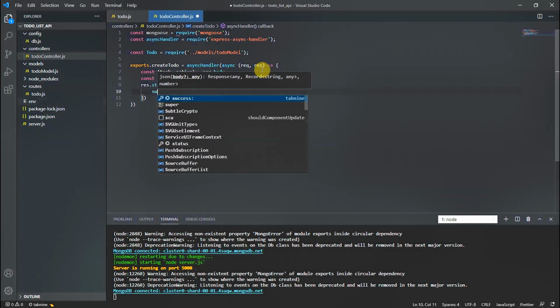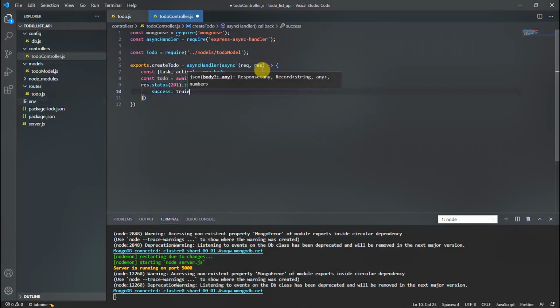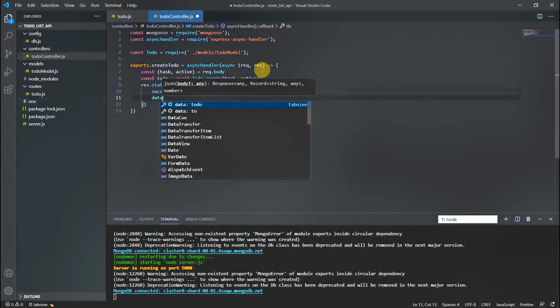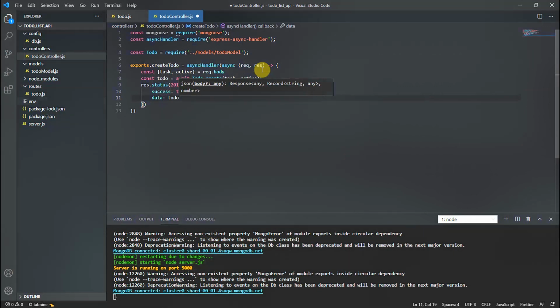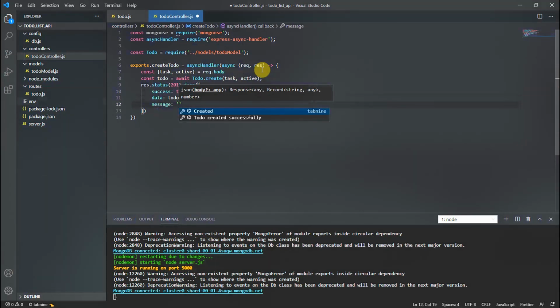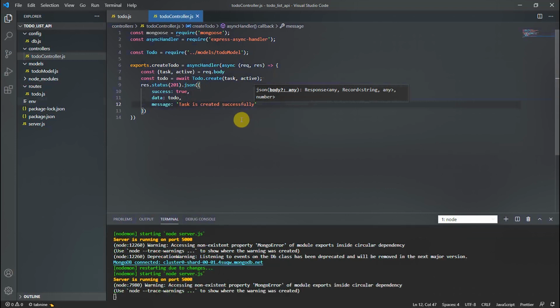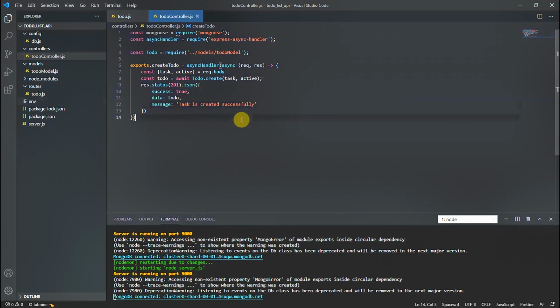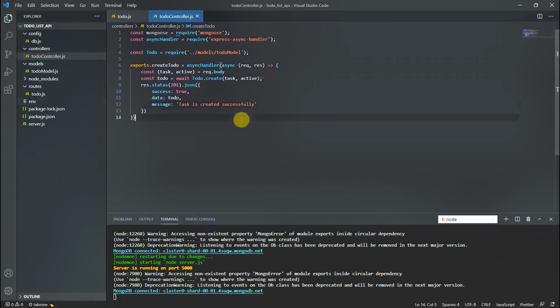In this JSON, success is true, and data equal to the todo. You can send some message also, like message: task is created successfully. If you want to show some message in the front end which will come from the backend, then you can use this.